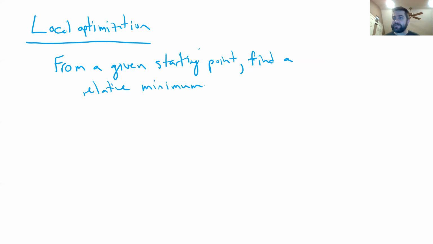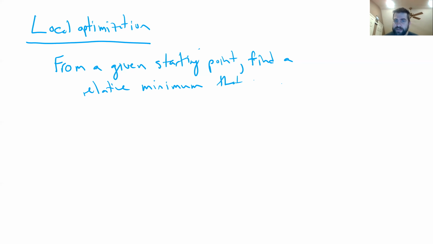Maximization works in exactly the same way. You basically just change the signs around, right? Anytime we talk about moving downhill, change that to moving uphill, and everything works the same. But let's focus on minimization. From a given starting point, find a relative minimum